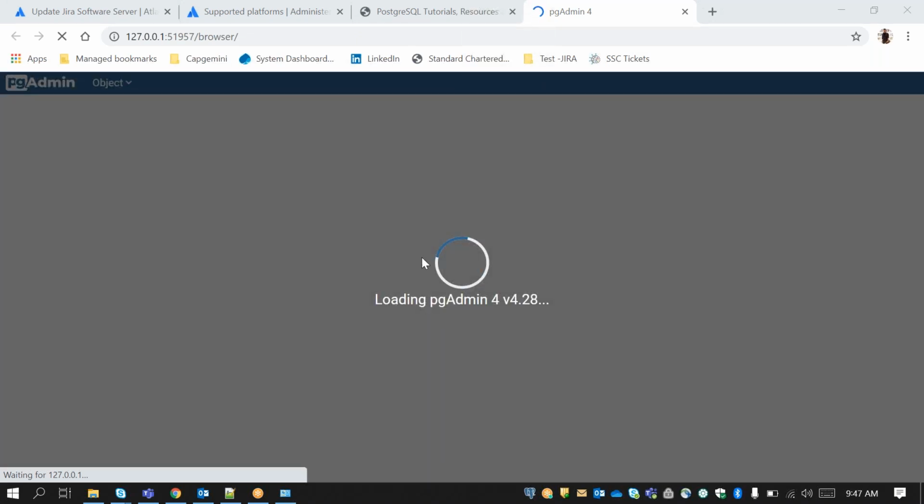When you run pgAdmin 4, in a few minutes it will open in the browser.